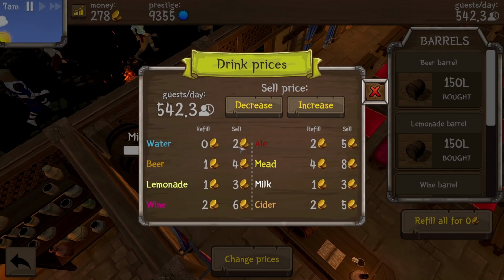So for example, let's look at 2436. If we do that, so 3547, and the guests come down to 521.3. So still nowhere near the amount we can actually seat. So I don't know. Do we just keep putting that up? We're charging people quite a lot of money for just some water. But okay, hang on. Let's put that up to...